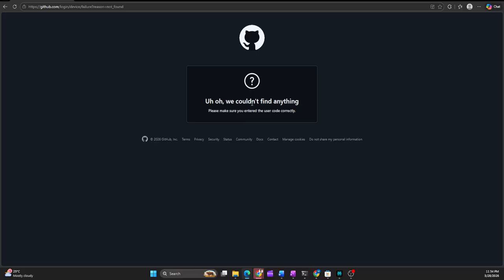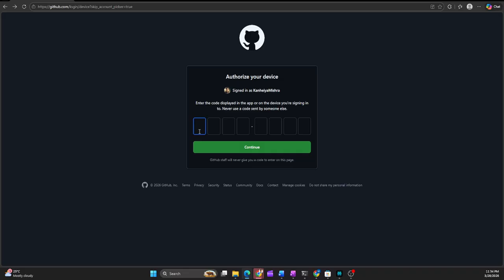Okay, oh, we could not find anything. Why? So let's go back. Okay. So it is asking for a 4 digit code. Authorize your device. Sign in as Kanhaiya Mishra. Enter the code displayed in the app or on the device you are signing in. Never use a code sent by someone else. So where is it? Let me go ahead and check my mail